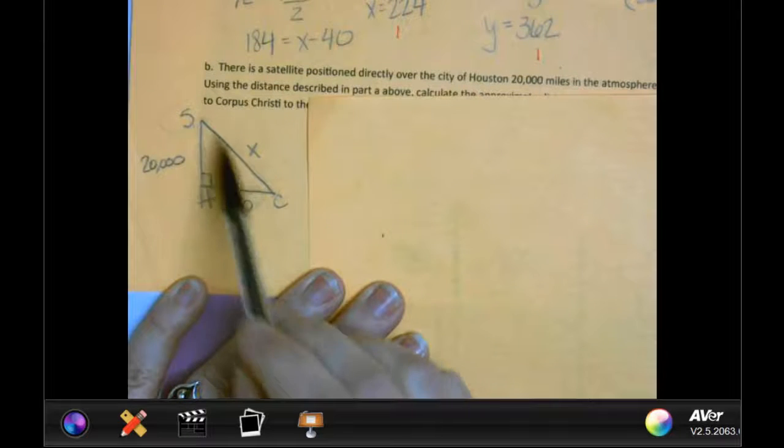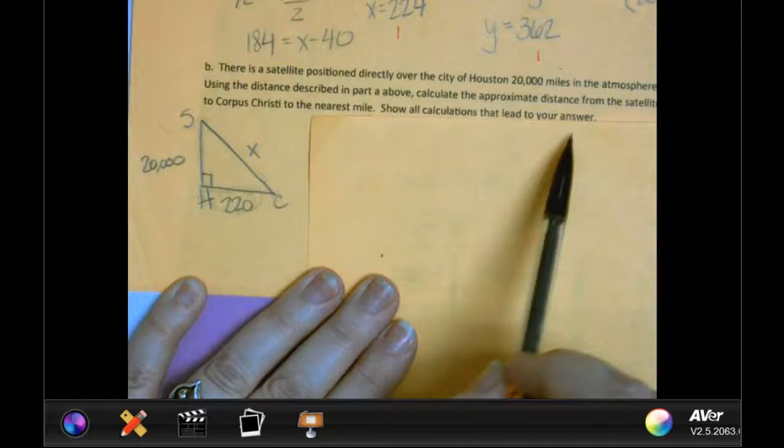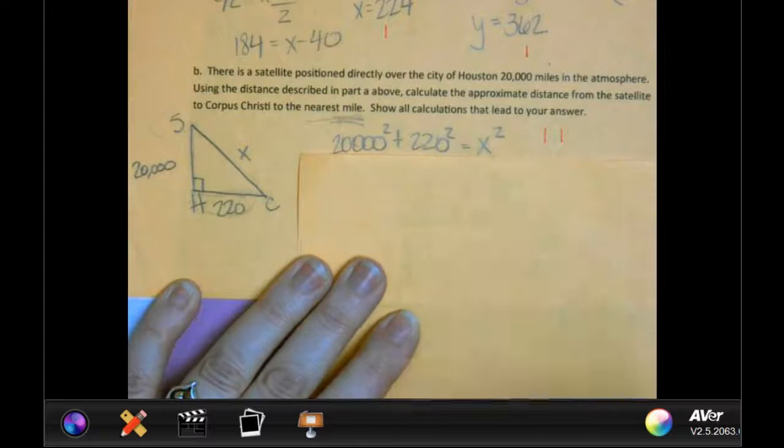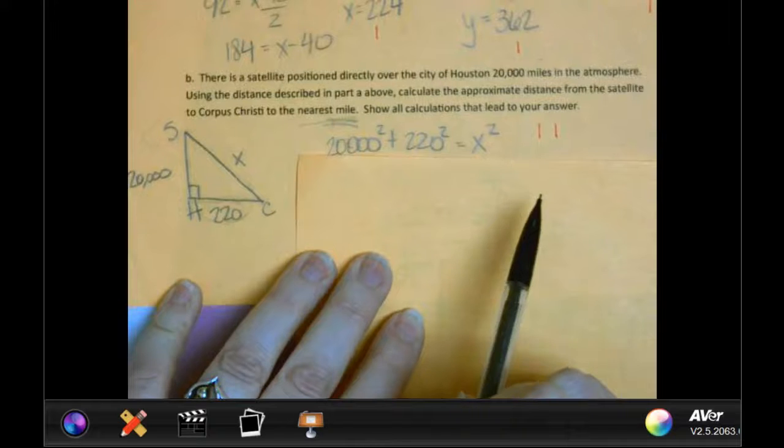And I'm looking for the approximate distance from the satellite to Corpus, which the only thing that would make sense would be the hypotenuse. So I have a missing side of a right triangle. What am I going to do to figure that out? Pythagorean theorem, okay? There's another option we'll talk about once we're done with this, but it's Pythagorean theorem, which is 7th grade math. So here's where 2 of your points came from, which is ridiculous for a question like this,